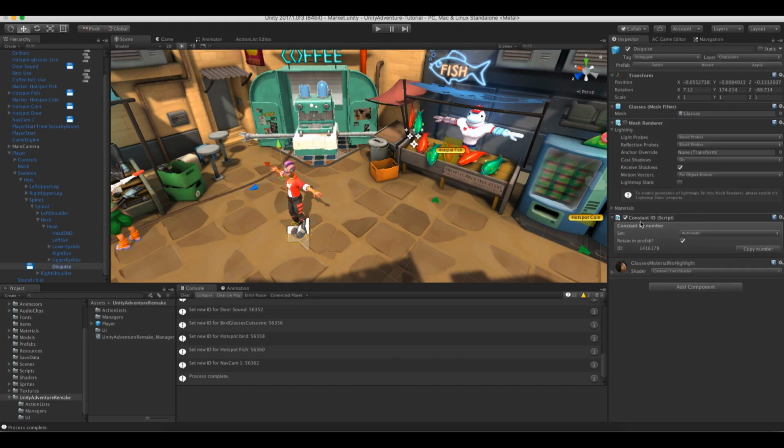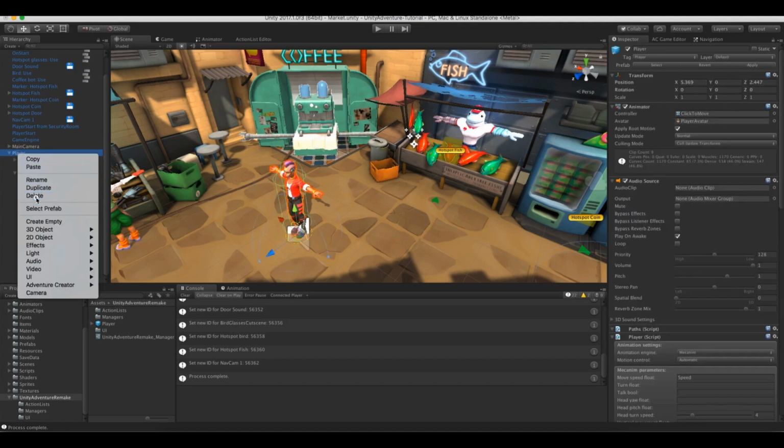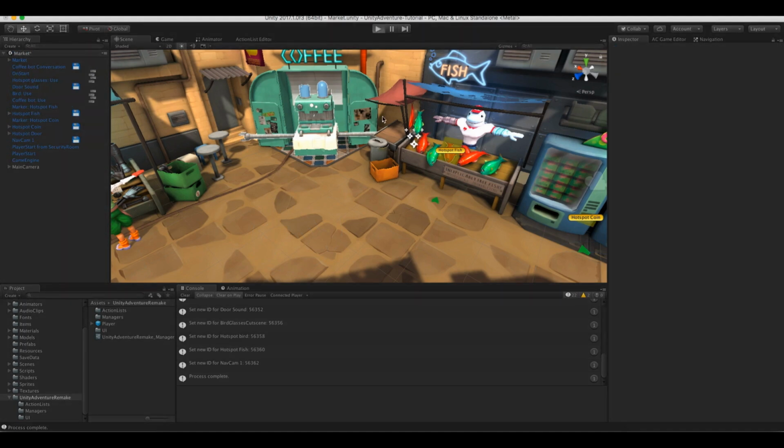Now she's already got a constant ID from before, but we need the specific remember visibility component. So again, add component, save system, remember visibility. I'll check retain in prefab because we're going to be removing this from the scene in a moment. But I'm also going to change the visibility on start field to off because we're going to have the mesh renderer disabled by default, and only when she picks up the glasses will we be enabling it. I'll check apply, remove her from the scene, and to show the same example,